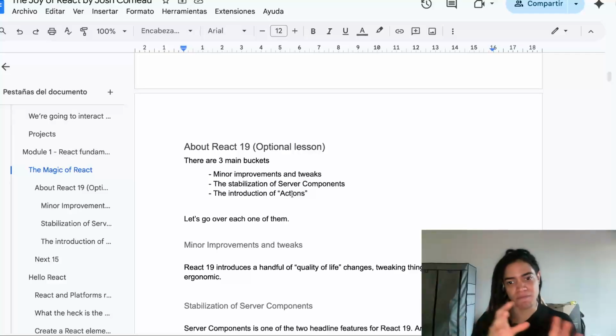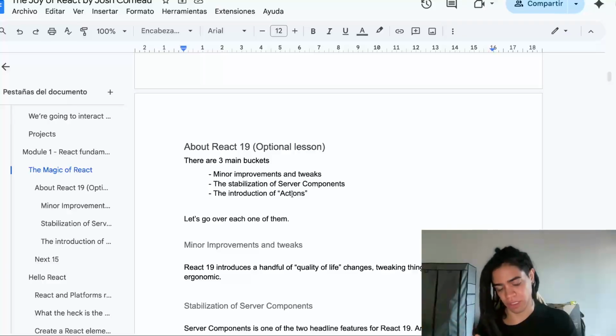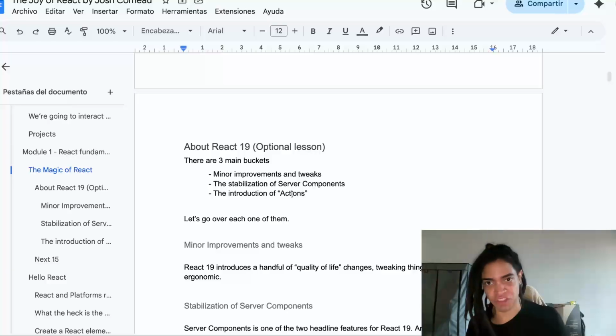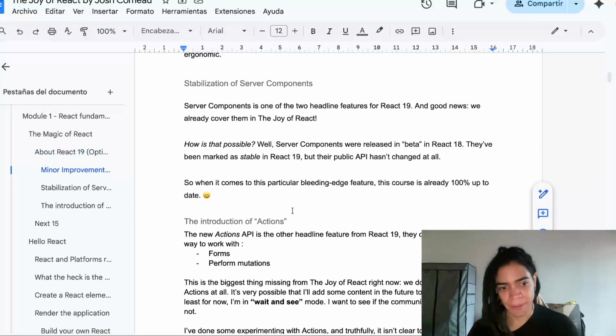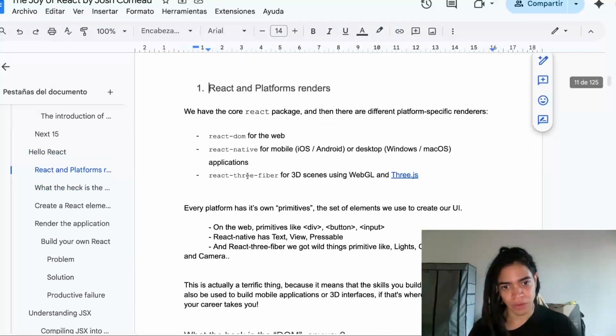So they moved this not only to the web, but also to mobile with React Native. And because of this way of developing applications, in the case of the web, they are using HTML, CSS, and JavaScript, okay? But now this is a particular way of developing web applications in React, okay? So this is why here we look at